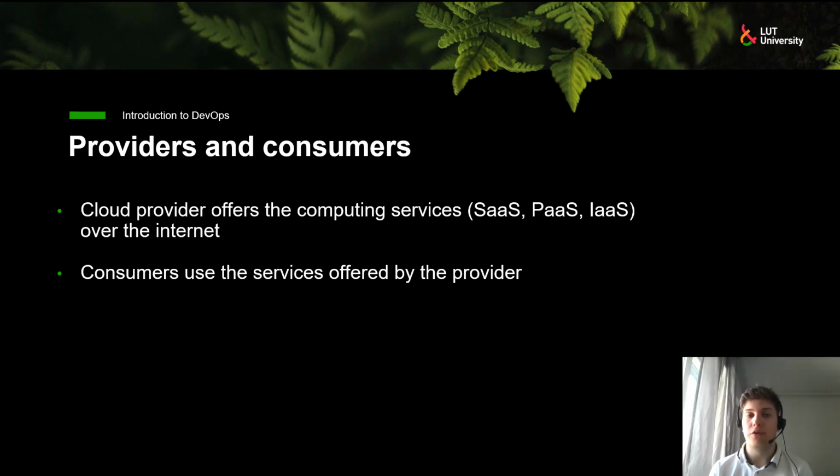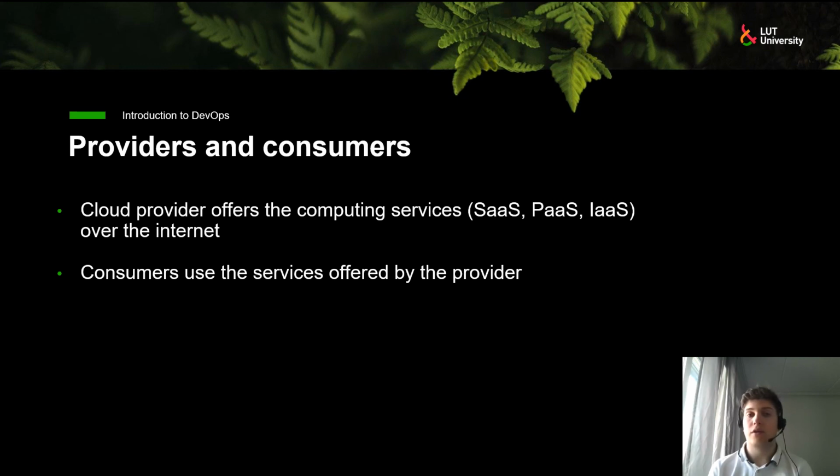So I will now quickly go through some definitions. I've been using the term cloud provider before during this lecture, but it means the entity that is offering the cloud computing services over the internet. So for example, Microsoft Azure and Google Cloud, or maybe it can be said that Microsoft, Google and Amazon are cloud providers.